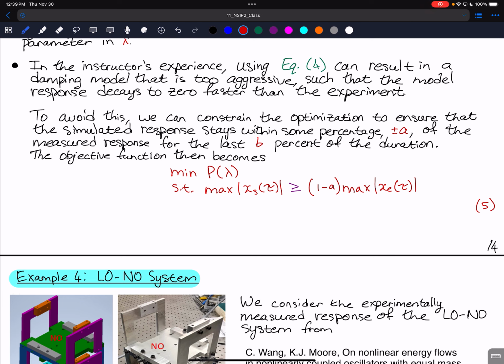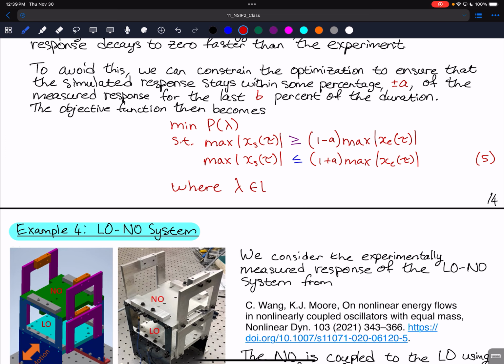We'll write out the second one, and then we'll talk about these separately. The second constraint we can say is that we want the maximum value of xs for tau to be less than or equal to 1 plus a times the maximum absolute value of xe for tau, where lambda still lives in U, that subset of the real numbers, assuming you have some upper and lower bounds on it, and tau here lives in the interval of 1 minus b times big T up to T. So if b is 0.2, tau is from 80% of the duration to the full duration,